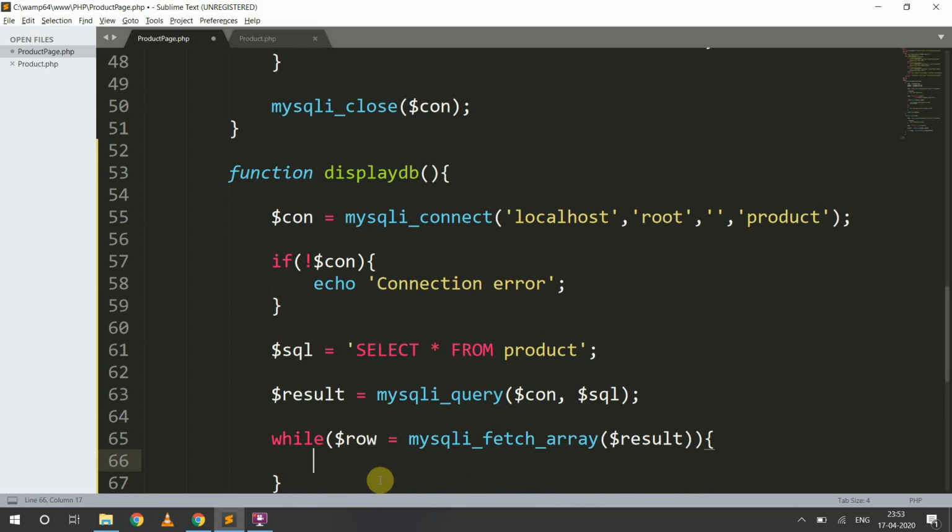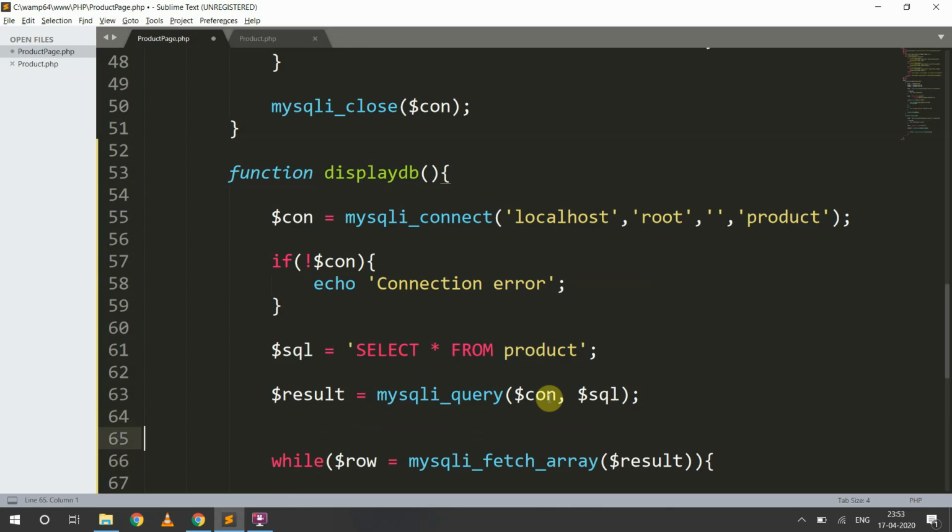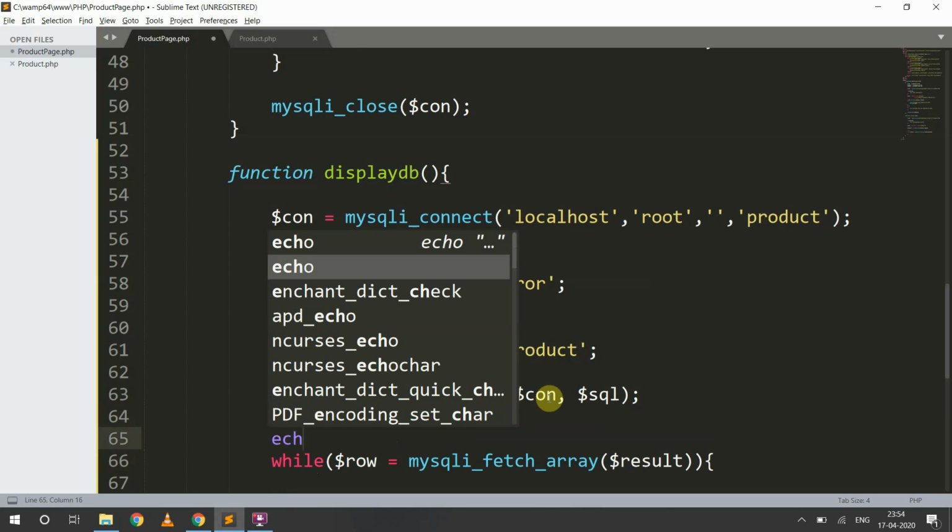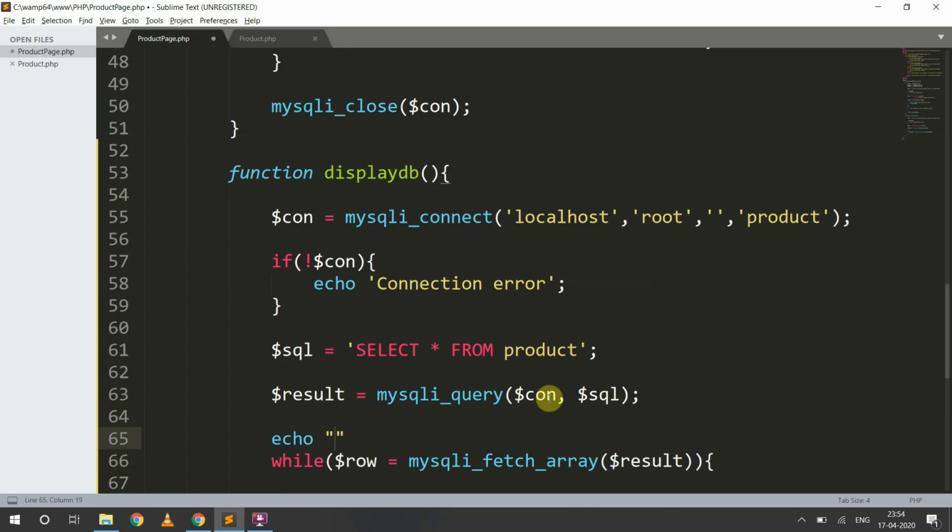Basically here in each iteration this row variable will return us a record from the product table. Now before we actually use this loop, let me first create an HTML table where we can display our data.